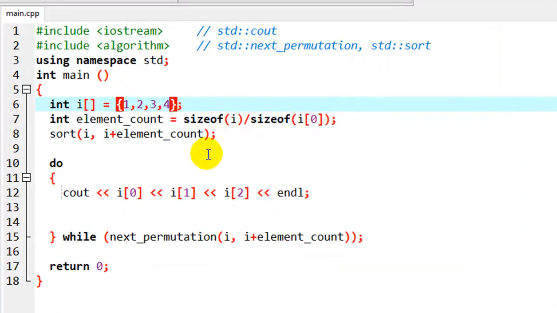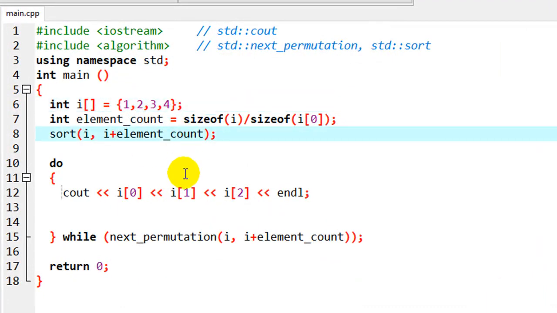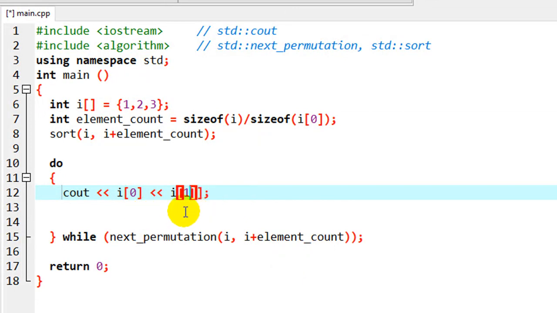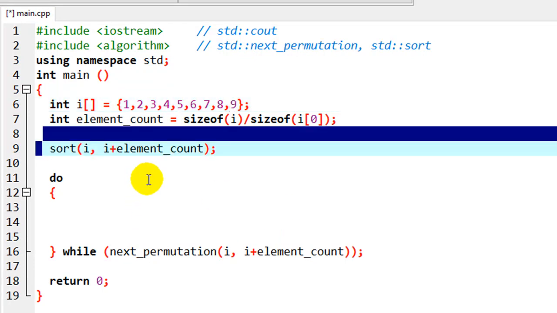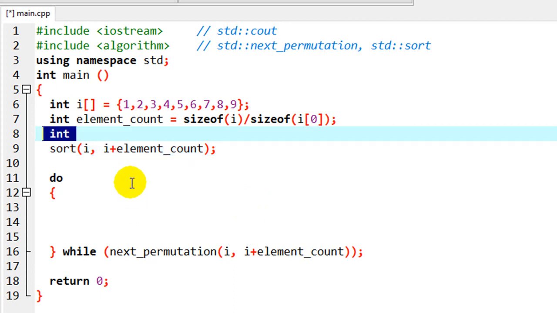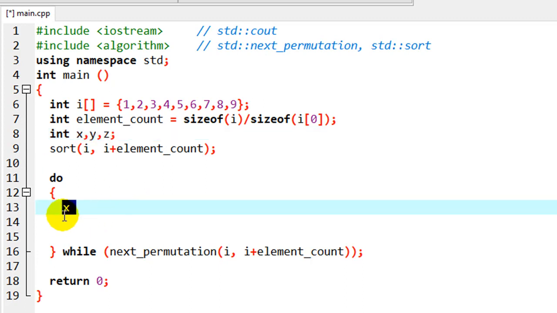So we don't want to just print all the permutations, so let's go back and we'll get rid of this and increase our array here to hold all 9 numbers that we want to combine. So remember, we're going to look at each row, and so I'm going to go by the row method where we're looking at x, y, and z. So I'm just going to create a variable for each row, x, y, and z, and then I'm going to set x equal to 100 times, and if we're looking at our chart where it was 1, 2, and 3 across the top, I'm going to have I sub 0,